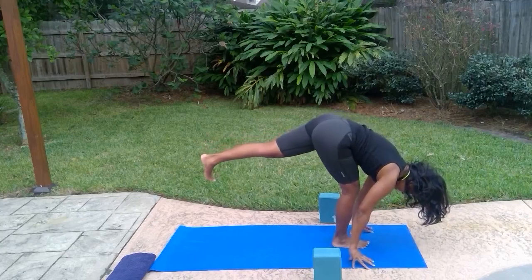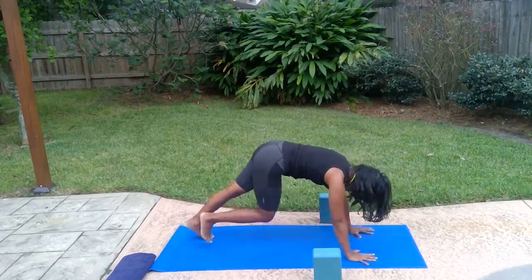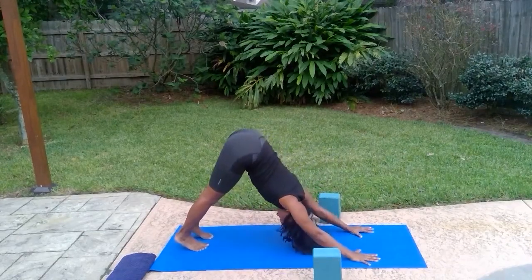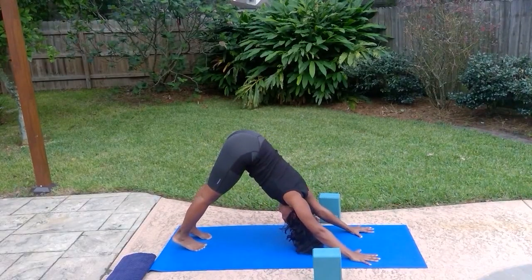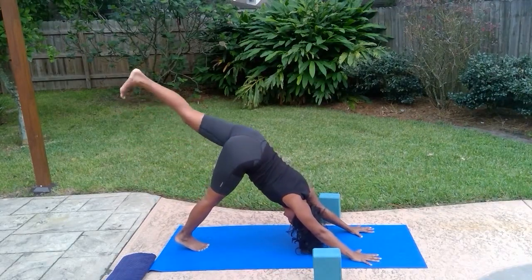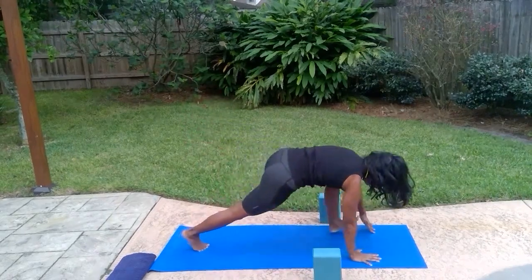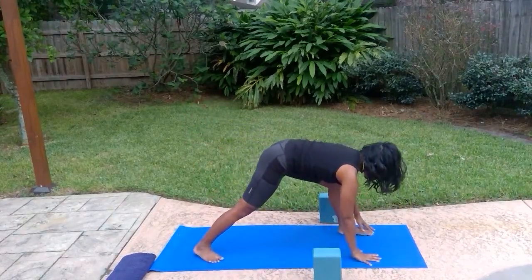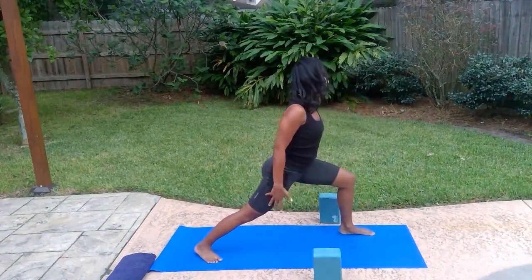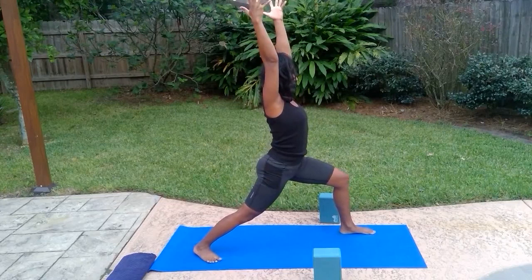Inhale and drop that leg back behind, and exhale, push back to downward facing dog. Inhale and reach the left leg towards the sky. Exhale, step it through and rise. Warrior 1. Inhale,